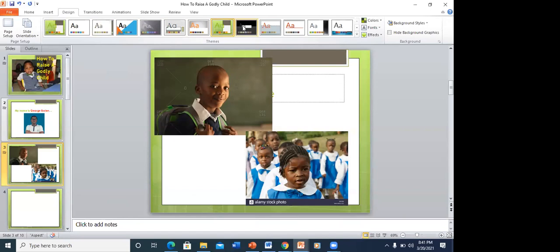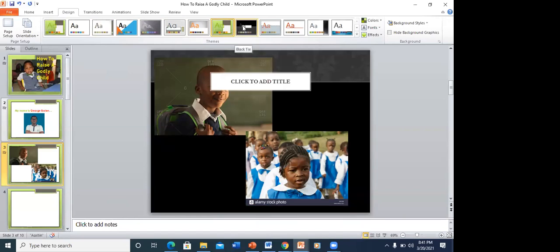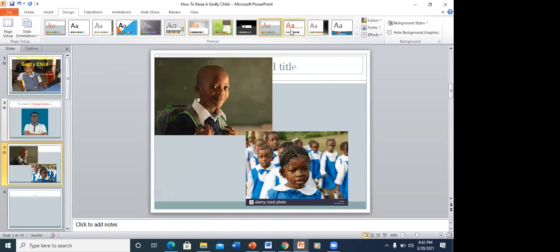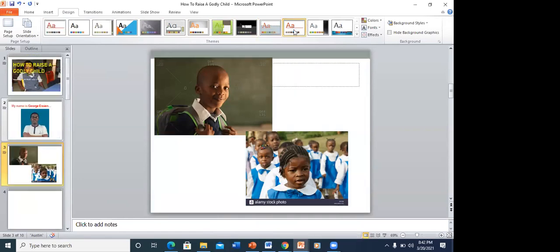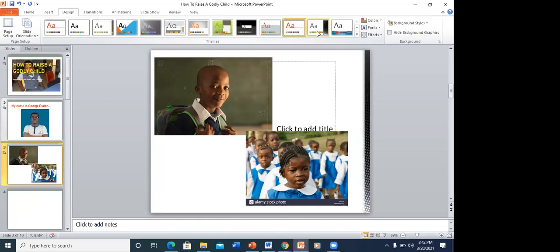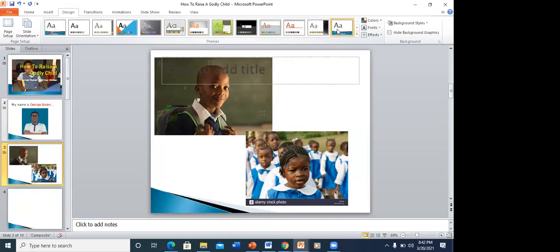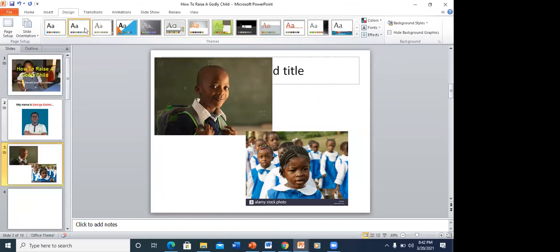I even know that you can just click on it and it will change. You can even work on variants of that particular theme. But again, like I said, I always like to work with white so that it can enable me to do a lot of things. I can come up with a lot of ideas. There are times when I'm using some of these templates to get things going for me.